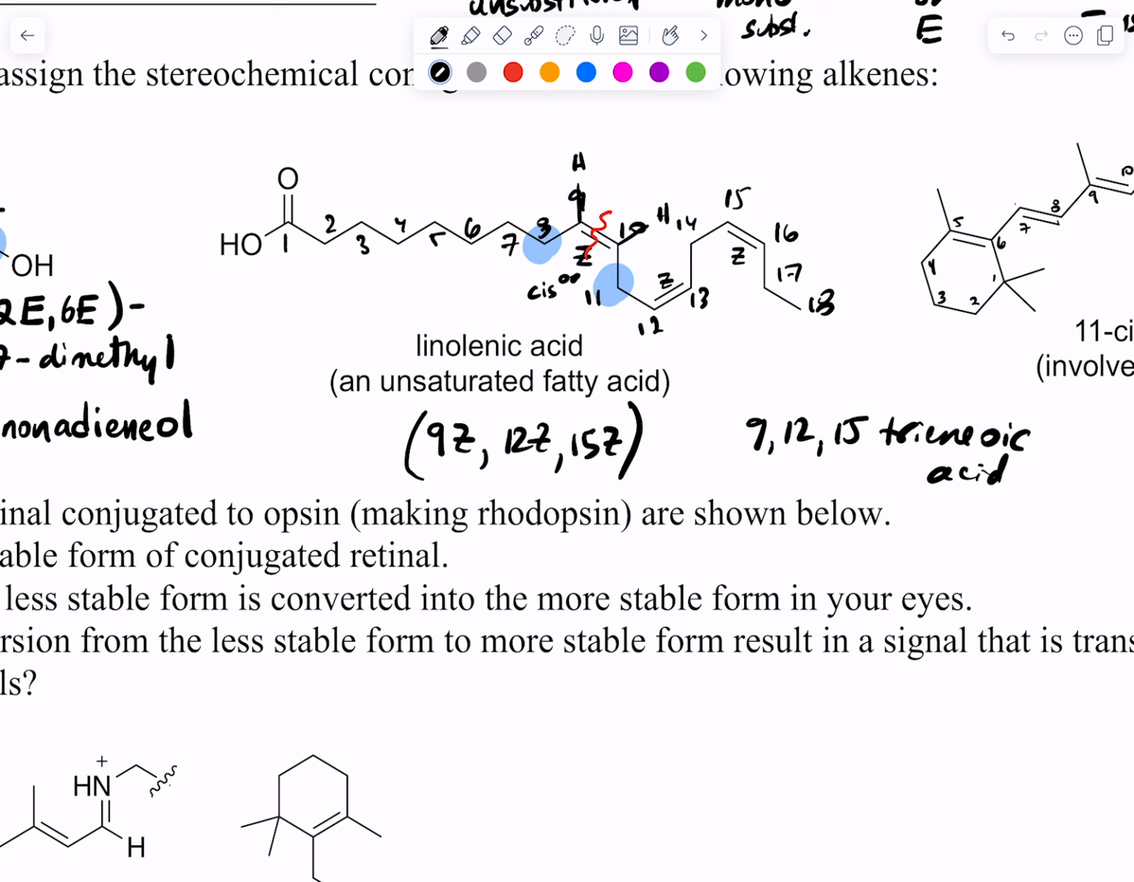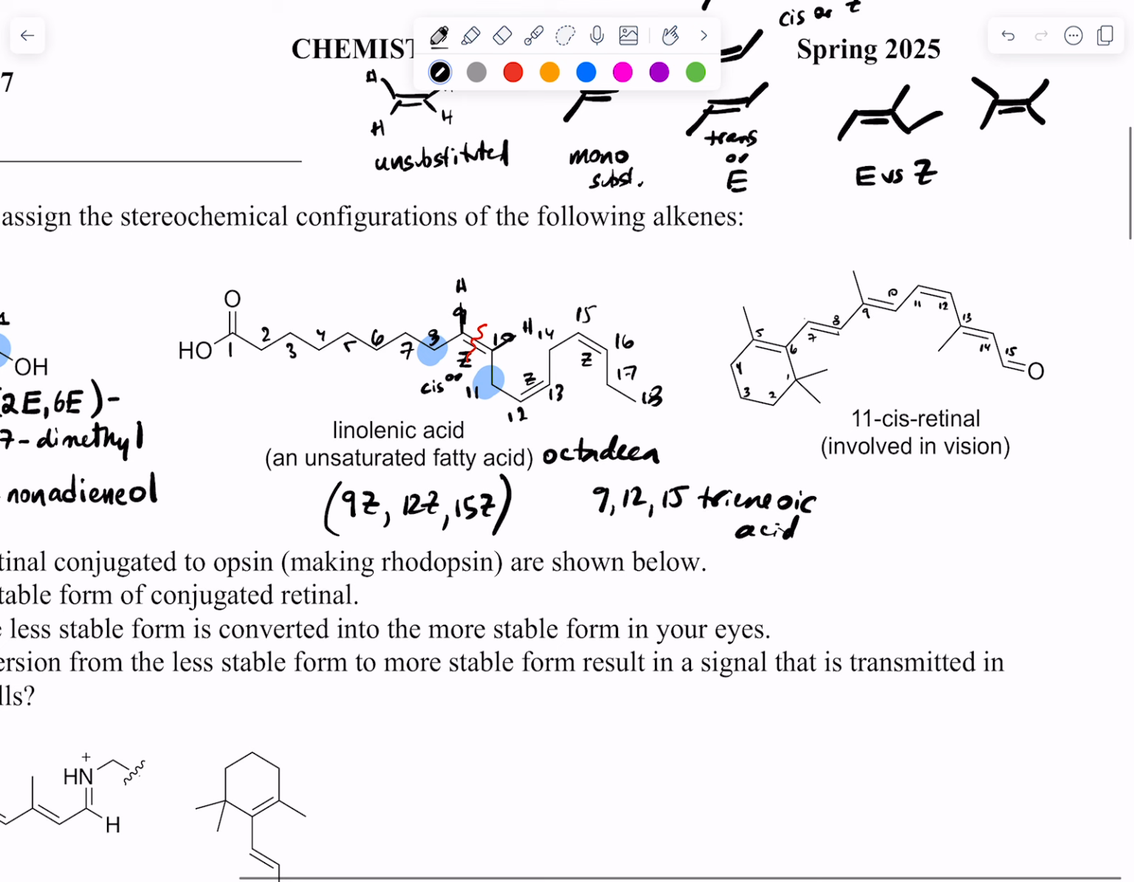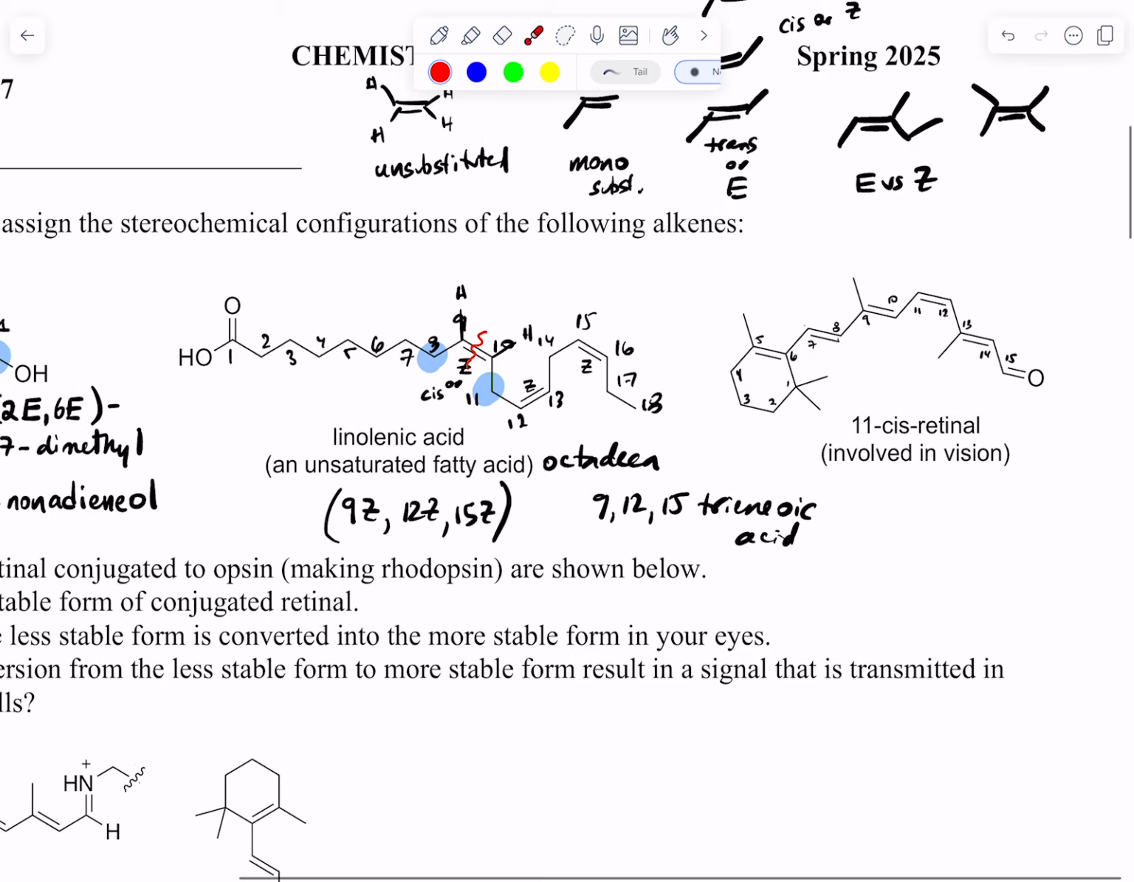It's octadeca. Octadeca, 9Z, 12Z, 15Z, octadeca 9, 12, 15 trienoic acid. And you can see why we stopped doing that, right? But people will use this non-systematic name, linolenic acid, but they'll still say the double bonds are 9Z, 12Z, 15Z. So you do need to be sort of conversant in that to talk about things. This is a fatty acid that's found in triglycerides from like olive oil and vegetable oil. All right, lastly,